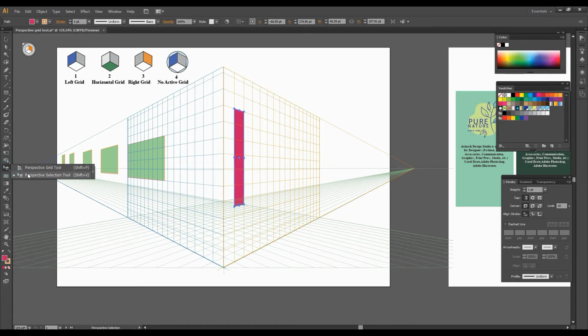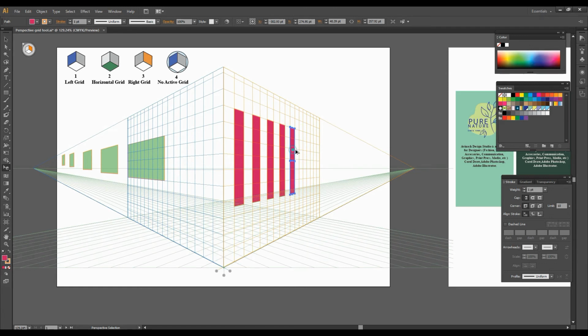We'll select here. And again press Alt and move this to the blank space of the grid, and then move. It will be moved like a perspective. In perspective, you see the first wall is bigger and thicker than the rest of the wall. So the perspective is working on the right grid.